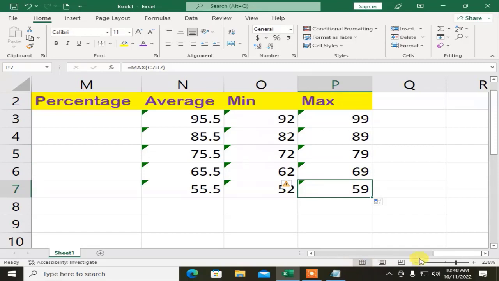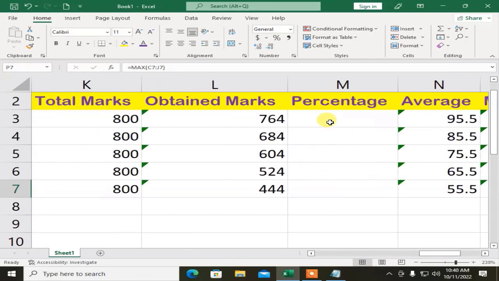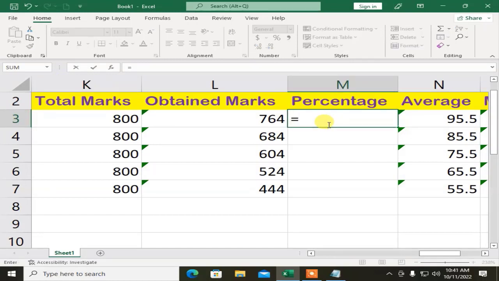Now I am going to apply the percentage, the last one. Percentage requires only two cells, obtained marks and total marks. The cell number for obtained marks is L3 and the cell number for the total marks is K3. Now we are going to apply this, equals obtained marks. I will not write the words obtained marks, I will write the cell number of obtained marks,